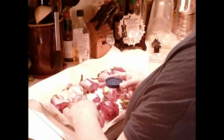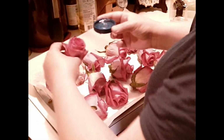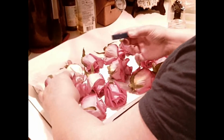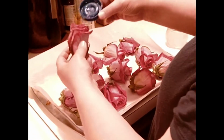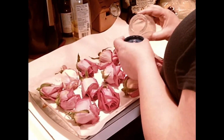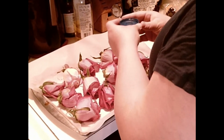And I don't have a spray bottle. So with this, I'm actually going to kind of pour it onto the rose. If you're doing a spray bottle with petals and other things, you're just going to spritz it and kind of stir it around in there. But I want this scent deep down in those flowers, so we're actually just going to pour it down in there, which is another reason why I like to pour instead of spritz,